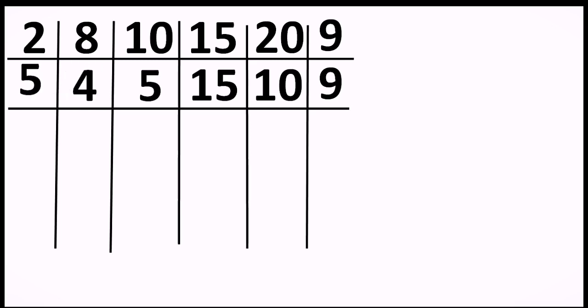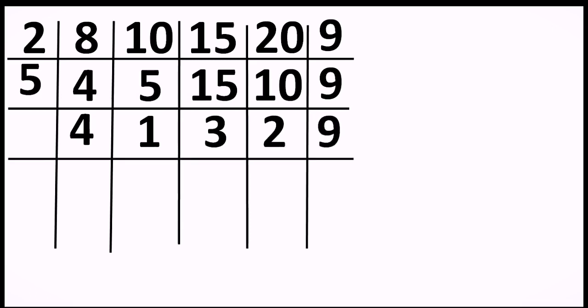So presently over here I'm gonna take 5 because my funda is to take biggest number first. Okay, so 4 will be unchanged, it will be written as it is, right? 5 divided by 5, answer results in 1. 15 divided by 5 results in 3, right? When 10 is divided by 5, the quotient is 2 and 9 will be written as it is, correct? So in the bottom layer now we have 4, 1, 3, 2, 9.